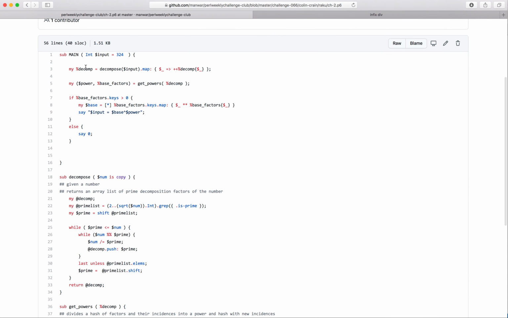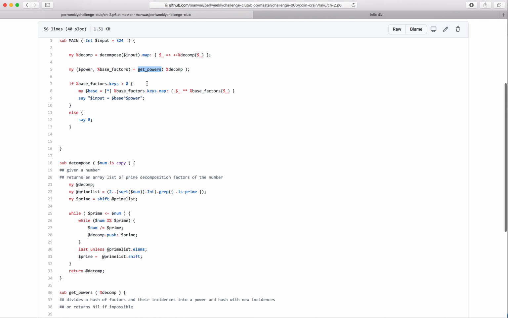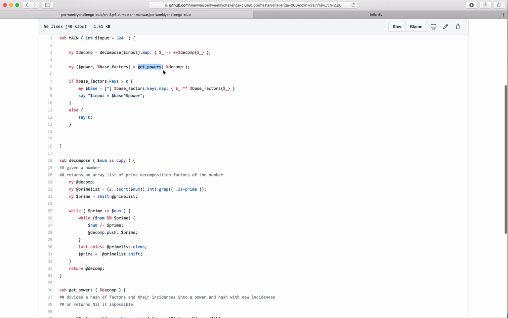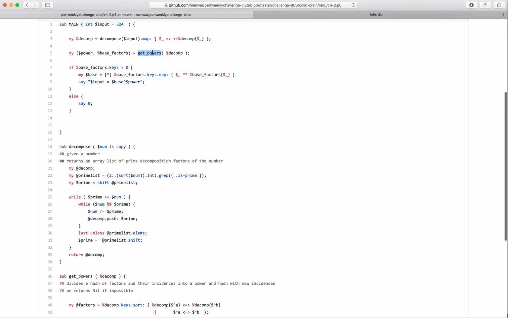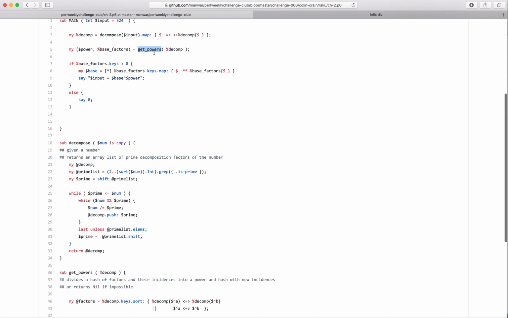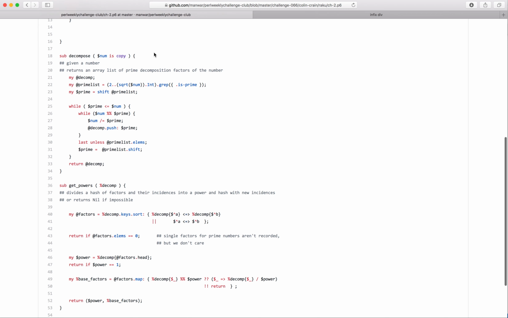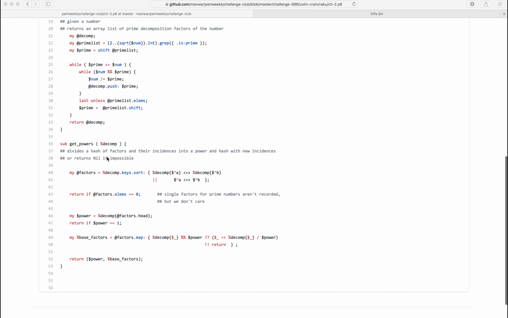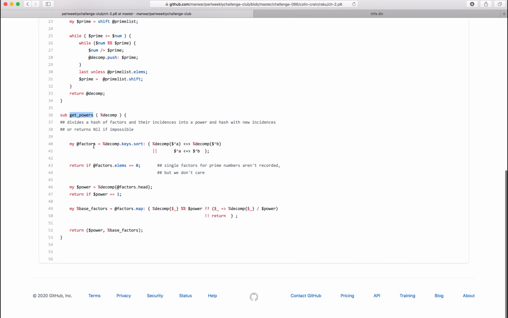So we found all the prime factors, as many of them as we can find in the given number, and then, using these decomposed results, we try to find the factors, right? The powers, to find the numbers which give us the correct powers. So we've got this function get powers. So let's see what it does. So it gets this